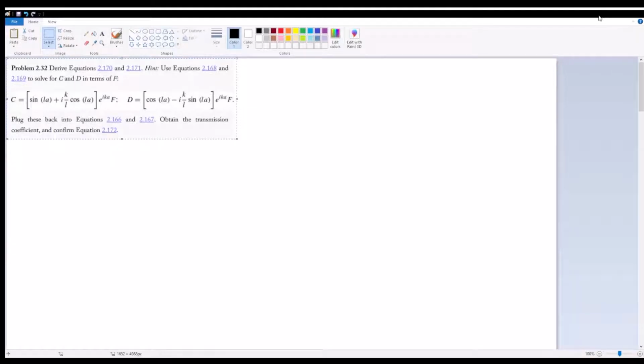Okay, so 2.32, we're asked to derive equations 2.170 and 2.171. For reference, these are the respective transmission and reflection coefficients for the finite well, and we're going to define them real quick